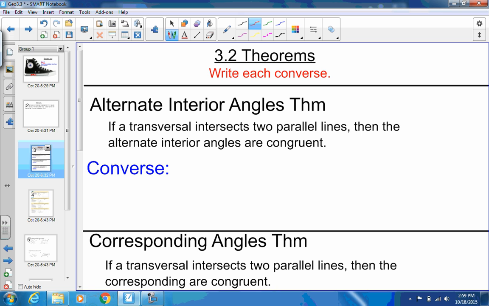If you think back to the last chapter, the converse is just written backwards. So instead of if P, then Q, we're doing if Q, then P. And sometimes you have to reword it a little bit. The converse of the alternate interior angles theorem would say that if, and I'm just going to type these because it's going to take me a while to write them out, I believe I would say if,